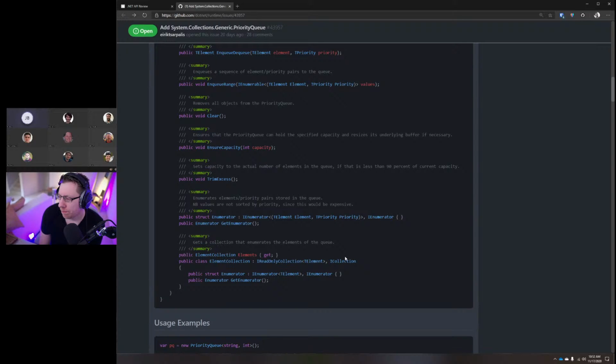PQ dot AllItemsUnsorted, which returns an IEnumerable of whatever. You already have elements, right? You could have elements with priorities unordered, or something like this. But that would probably be the first collection that doesn't implement some form of IEnumerable. And you wouldn't be able to pass the priority queue into a method that accepts IEnumerable either. Yeah, but you would be able to pass the priority queue dot walk unsorted. Sure.